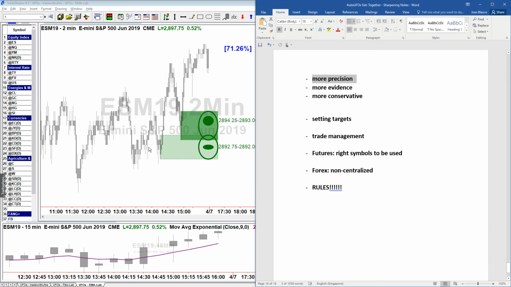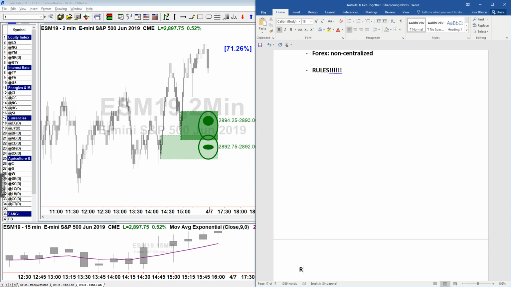So we need to look at rules, but I need to touch on symbols, okay? Because the first rule is going to be to look at the bottom chart. So the first rule, let's begin typing the rule here. Oops. My Word document is playing a little bit of games with me. Good. I cannot believe it. Now, let's begin with the rules. Let's begin typing rules.